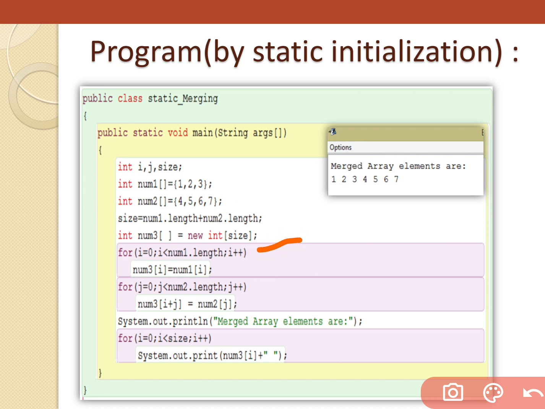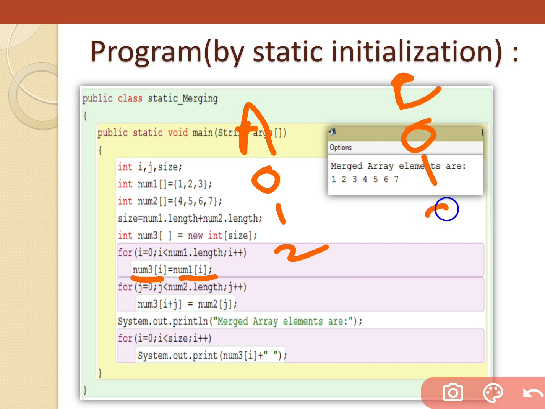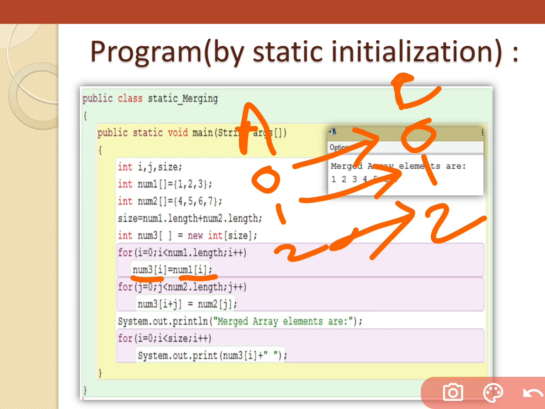After declaring the third array, we fill elements one by one. I told you in a previous slide that both have the same locations. First array A has positions 0, 1, 2, same as C, so we only provide the value in the same location. That's why I. But the location varies when B occurs.